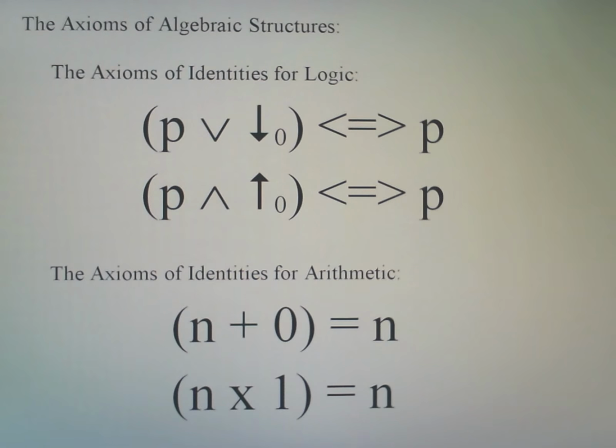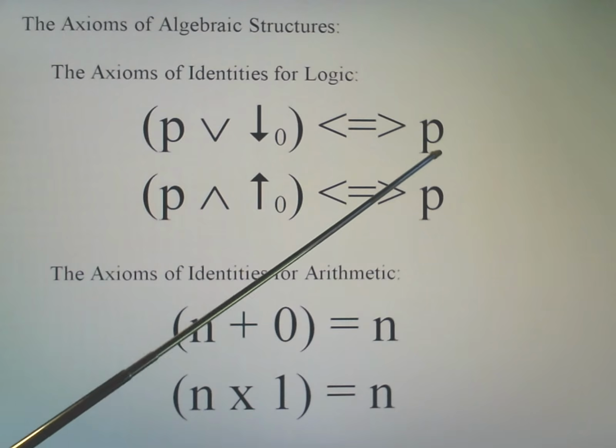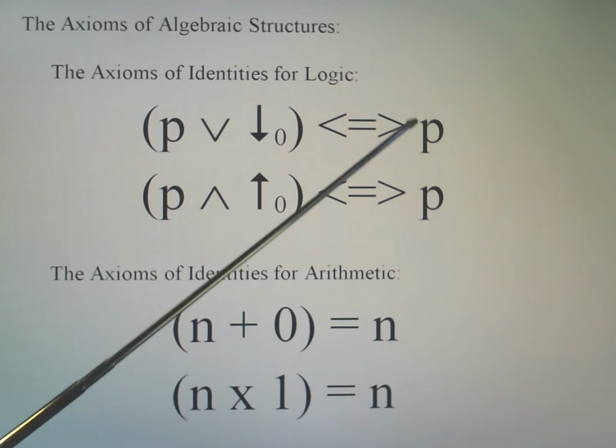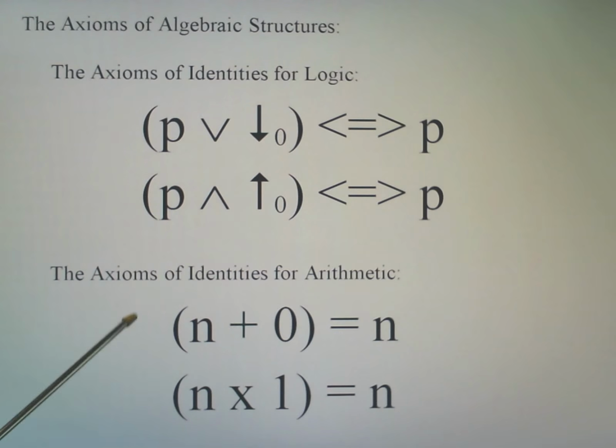So, as we see, if we OR any proposition whatsoever with a contradiction, then the value of the proposition is equivalent to the value of the single statement P. Here we have the equivalent symbol, and now we have an equal sign inside it to distinguish it from the previous type of equivalence, which can be true or false.